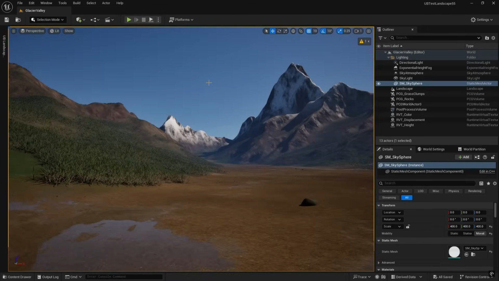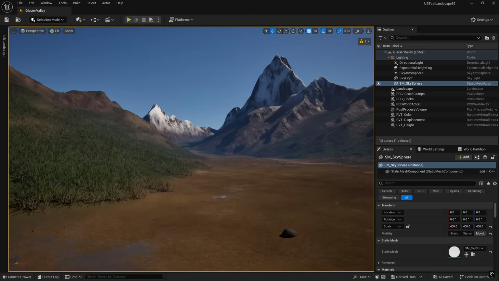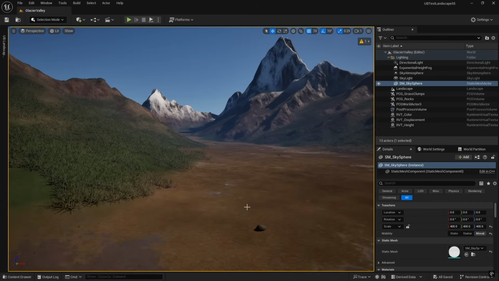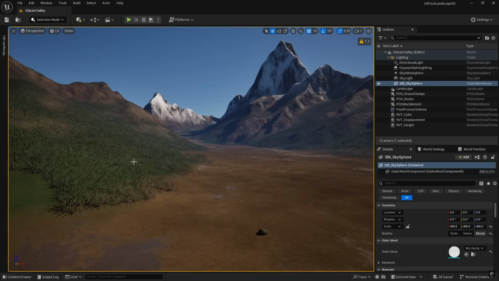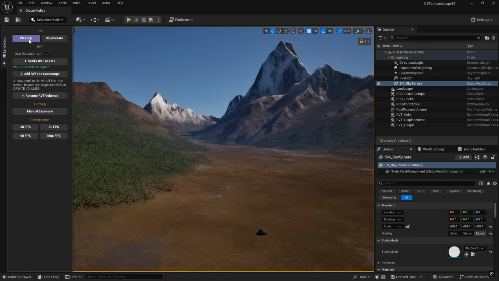So now we're back on the landscape. You can see that it comprises 5 different levels. You've got this sort of ground level on the valley, a grass layer, which is the mid-low layer, some soil at the mid-high layer, cliffs that appear just before the snow layer, and then the final snow layer itself. So that's the standard 5 layers. You can also add 1 or 2 custom layers as well. And then you can assign PCG templates. So we're spawning rocks on the ground layer, we're spawning clumps of grass on the mid-low grass layer,